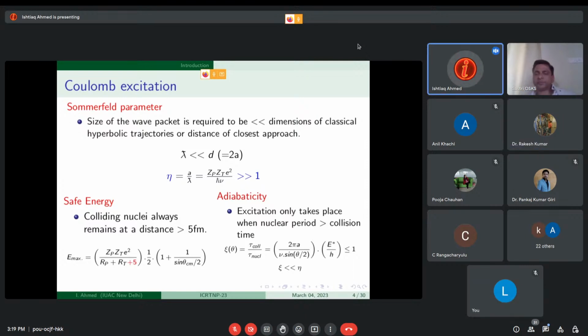Right. So what I was saying is that this 5 femtometers is not random. It has been seen from many previous experiments that when you use this kind of formula, you get a safe energy, and from that safe energy you are sure that the nuclear interaction is less than 0.01%. So this is from the literature only. Literature is okay, but see, as a scientist, our job is to question everything. Okay, right. That is true. That is true. Okay.